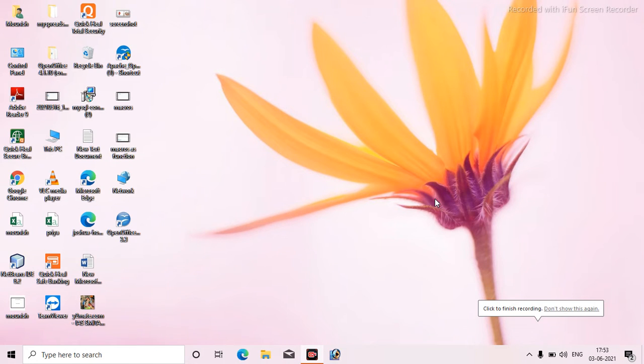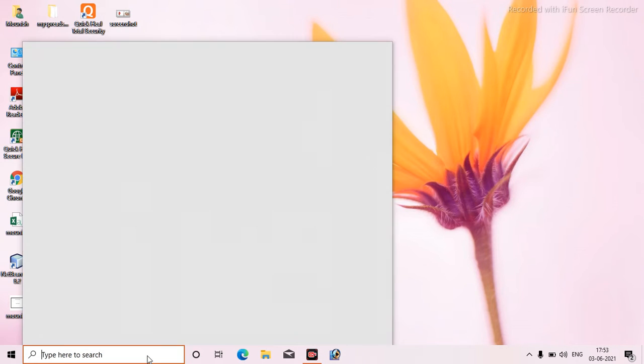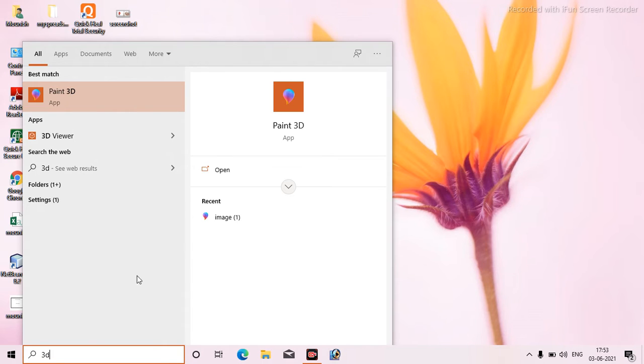So guys, this is another series on my laptop. You can call it a PC also, but this is my laptop. I'm recording this from the laptop, and the app I am using is iPhone screen recorder. Today I will show a paint which is better than the normal paint. That paint is called Paint 3D.